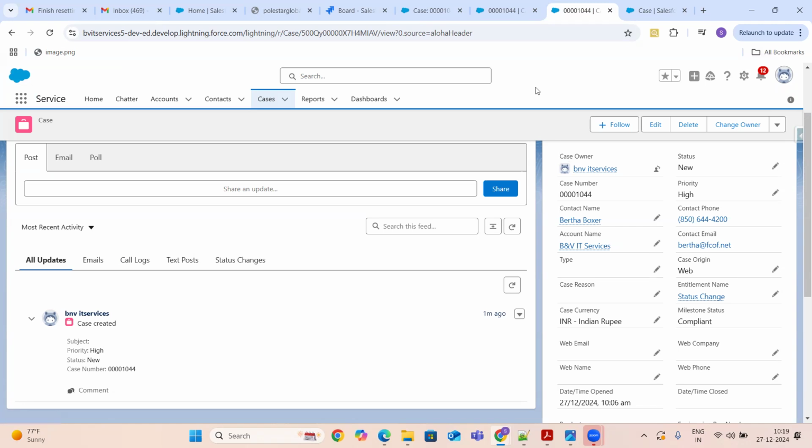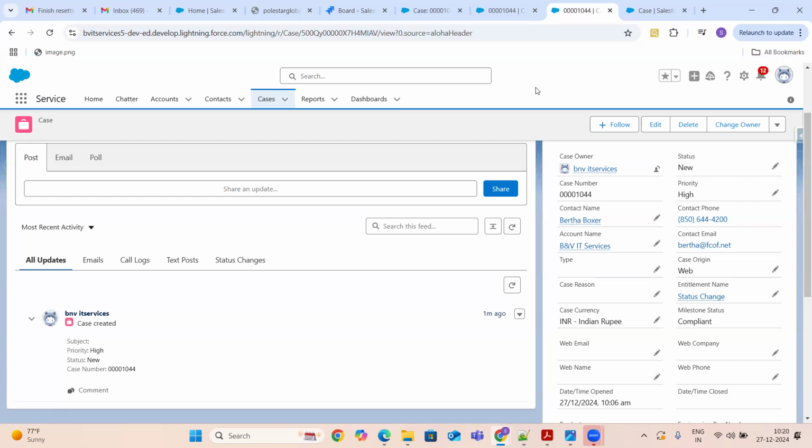So the first thing we need to make sure is that you can switch back to classic. The easiest thing is, if anything that you feel you configured correctly, but somehow it is not working in Lightning, then immediately what we can do is we can switch back to Classic and we can verify our functionality.